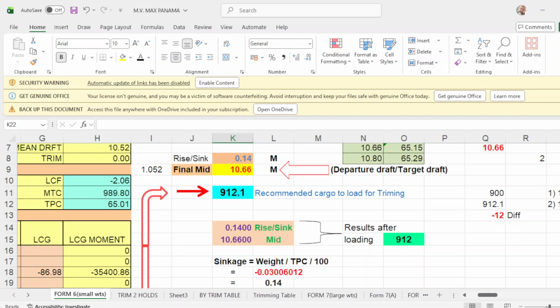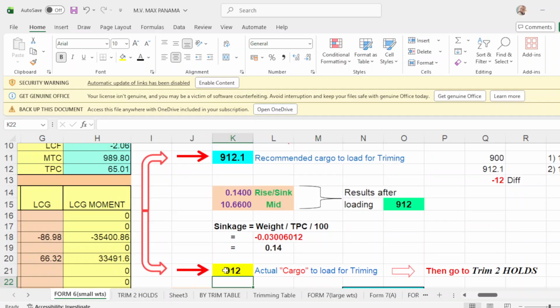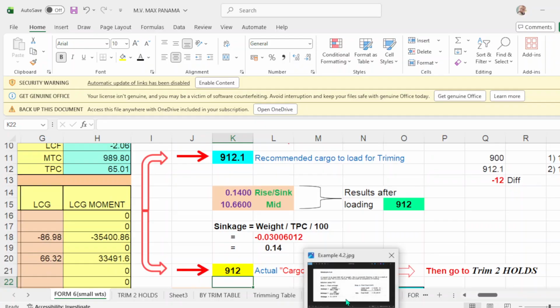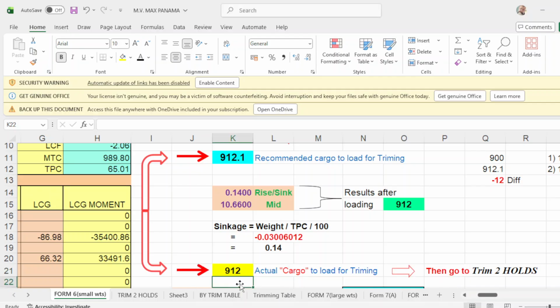What if we put 900 to show you the difference? You put here 900 as stated in the exercise. What happens if we put 900?